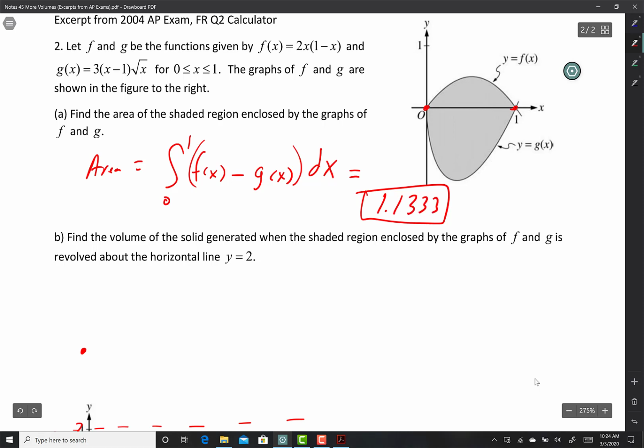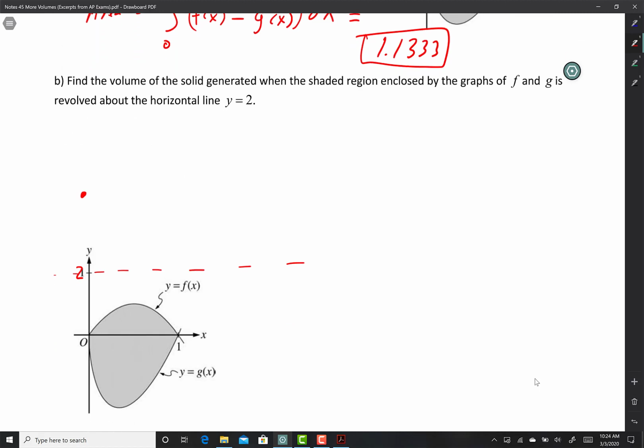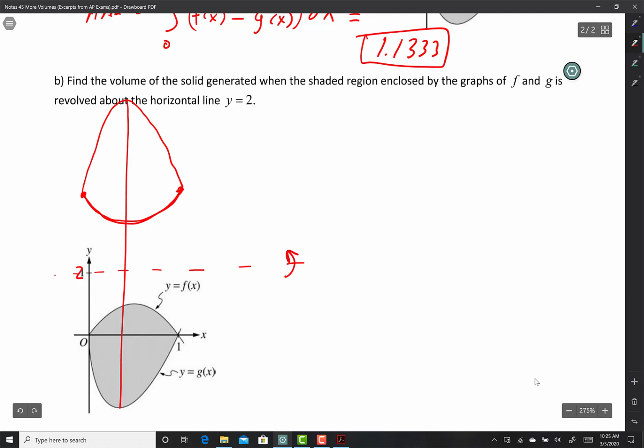1.1333. All right, on letter B, we're rotating about y equals 2. So it's going to look something like this. It's going to be something like, and then it looks like it's kind of like a hump there. Something like that. You just changed the 1 to a 2? Oh, I just made it, yeah, because I don't have enough room. So I'm just spinning it about y equals 2. So there I am spinning it, and when I spin that,